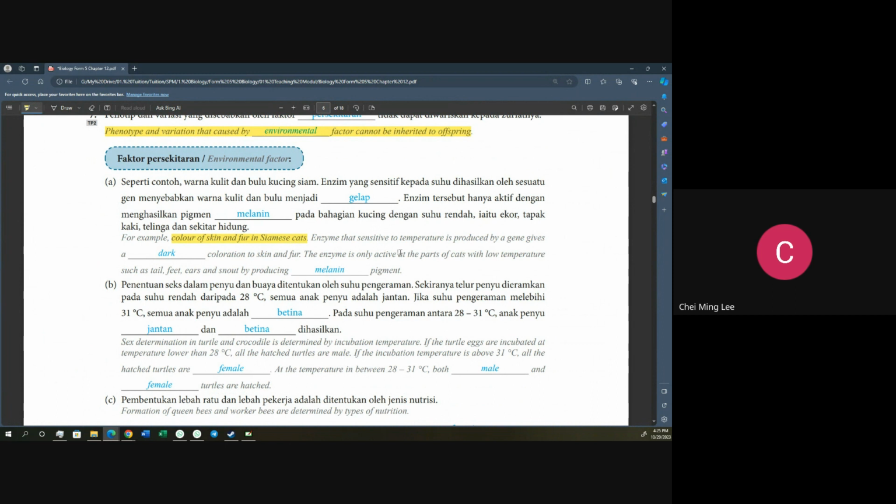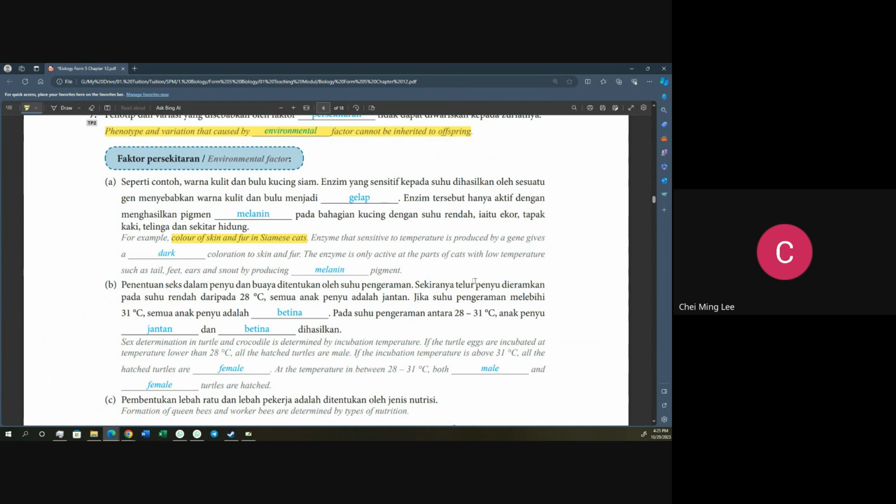The enzyme that is sensitive to temperature is produced by a gene and gives a dark coloration to skin and fur. The enzyme is only active at the parts of the cat with low temperature, for example, tail, feet, ears, and snout,